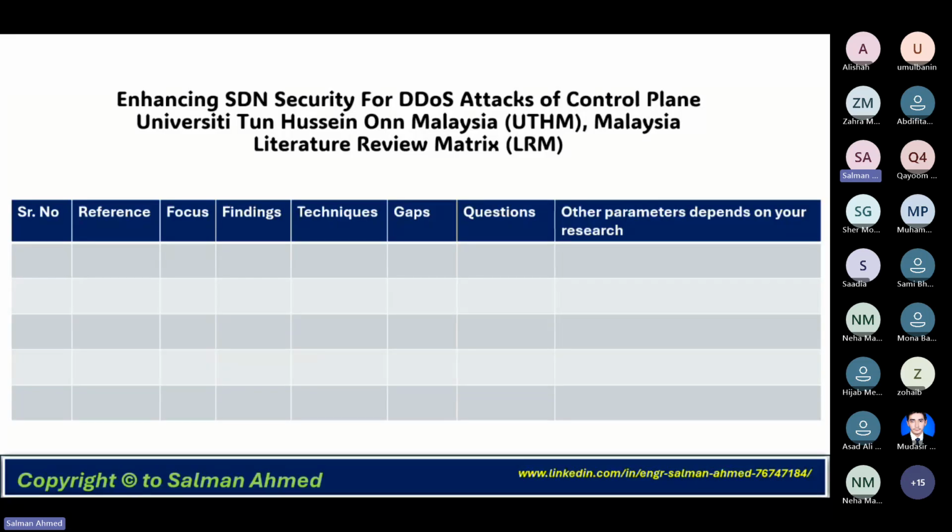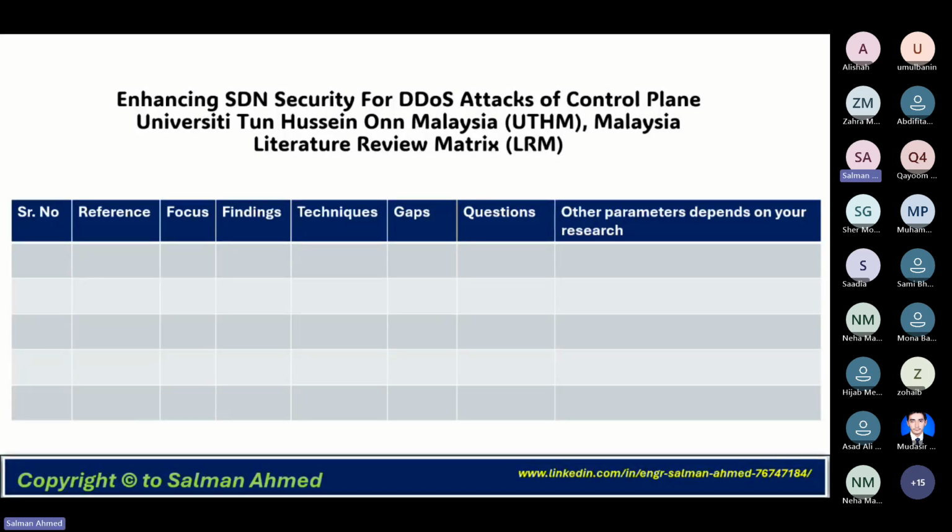When I joined my university for doing PhD, in my first week I created this matrix in which I wrote the serial number of the article that I cited. Then I went for the references, the reference of that paper. That may be any link, because in future if I cannot find the paper in my storage, I can just click into that link and go to the same reference.